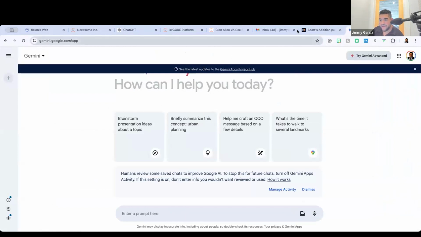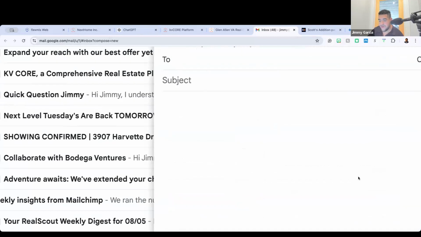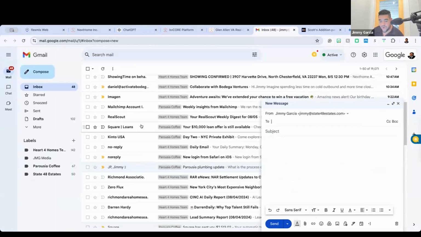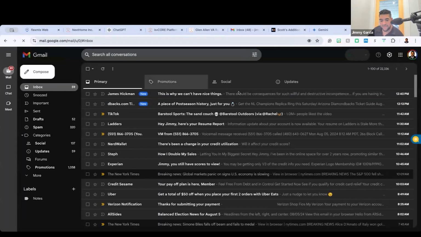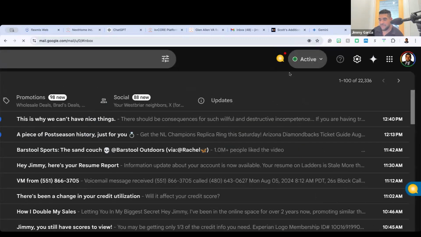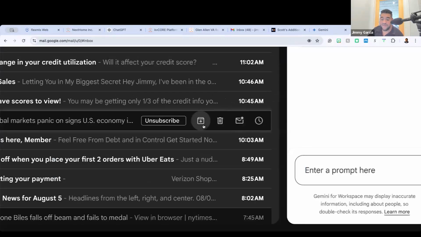to utilize Gemini. They haven't released it fully yet, if I hit compose email. Okay. This Google account is a Google Workspace account. And because of that and security reasons, they haven't fully incorporated Gemini into Workspace. But let me go to another Google account. Let me just go to one of my spam accounts. Okay. And right up here, you see that's right there. That's Gemini. So Gemini is incorporated with Google. And it's very, very useful.